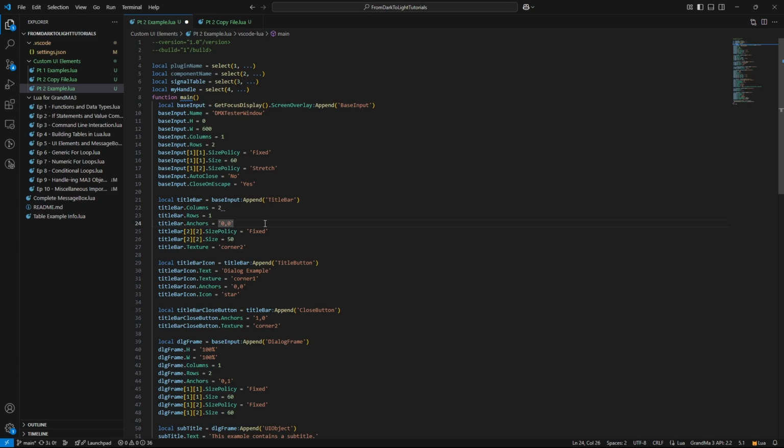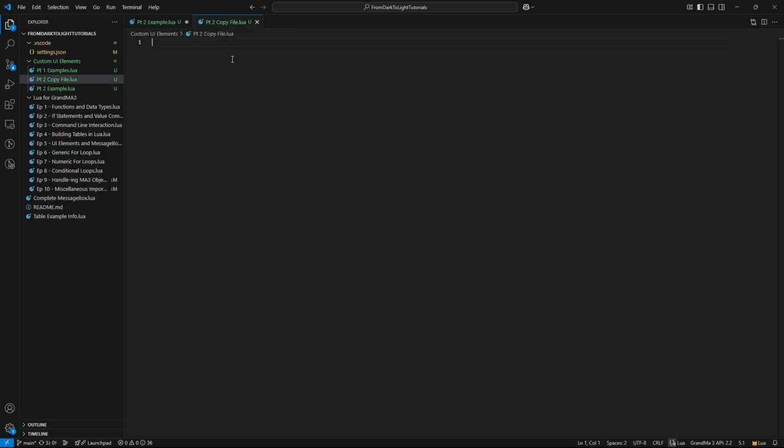Whenever you have something like the title bar icon that has an icon object, you set the icon, but it already has information telling it where that icon is going to go. So yeah, yes, I said you were building these from scratch, but there are some things kind of already built for you. Now, I would like to take this plugin right here and start copying it to a second file to show you each piece one at a time and how some of it works.